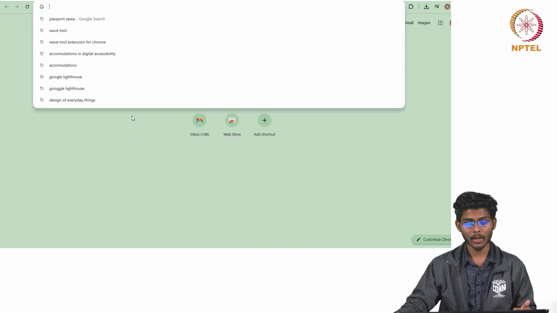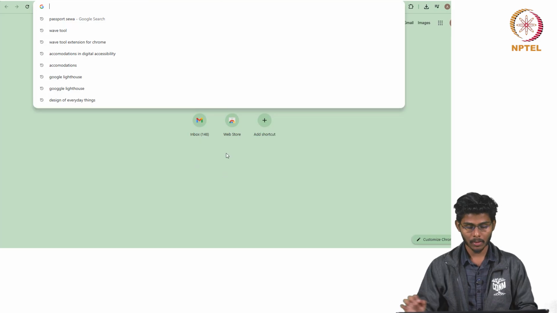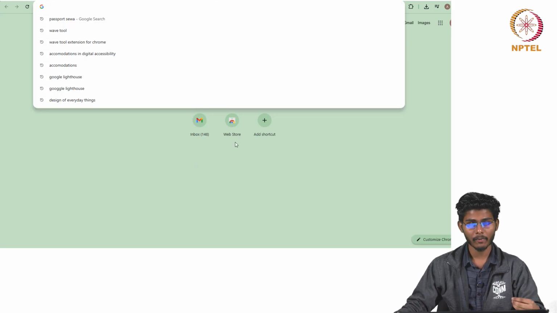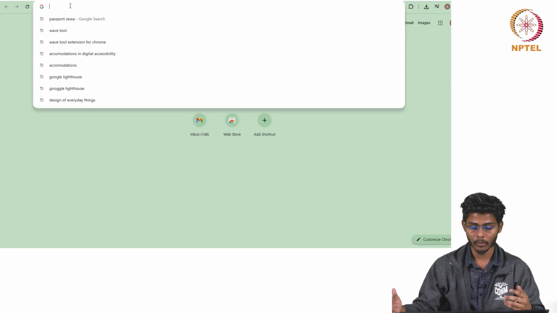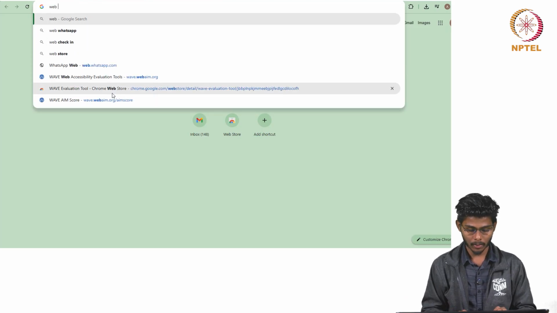So, coming to the demo, how we can use the web evaluation tool in the web interfaces. First I will show you method 2, where we install it as a browser extension.